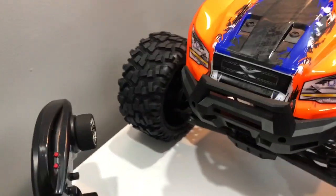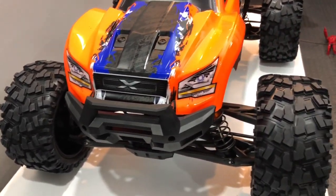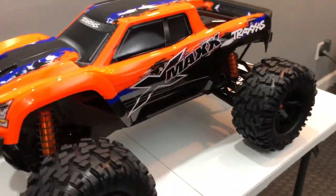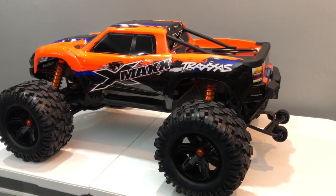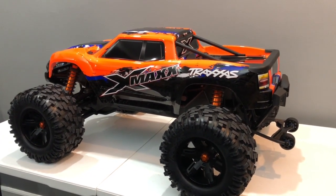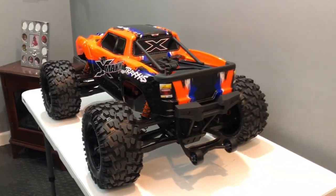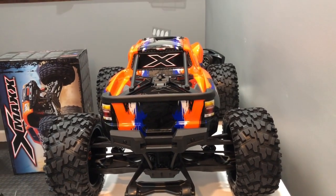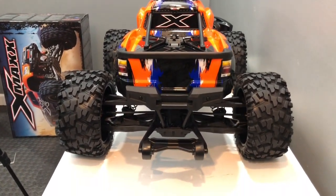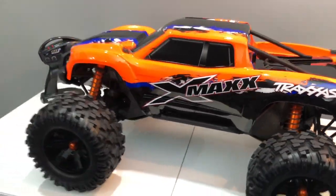I'm not sure if I'll get the lights for the front on this one. I have my other one, Hopezilla. Not sure what name I'll have for this one, but we'll see. I definitely do like this new Xmaxx, guys. I was down at Xmaxx for about a week, and now we're back. All I gotta do is do my connectors, and